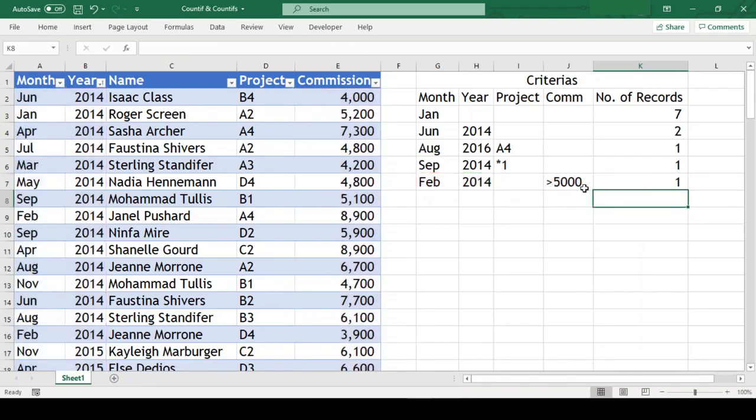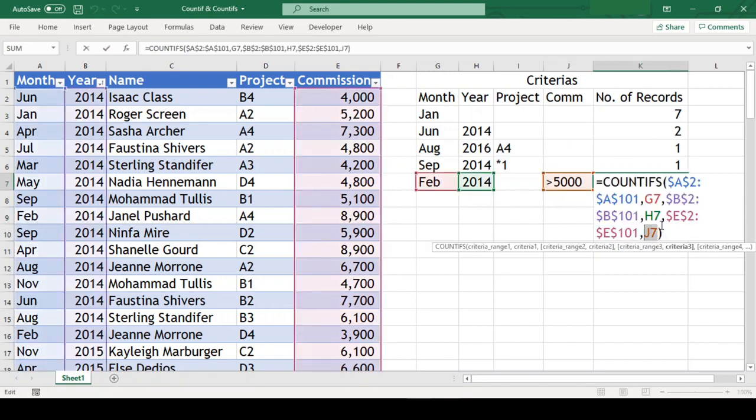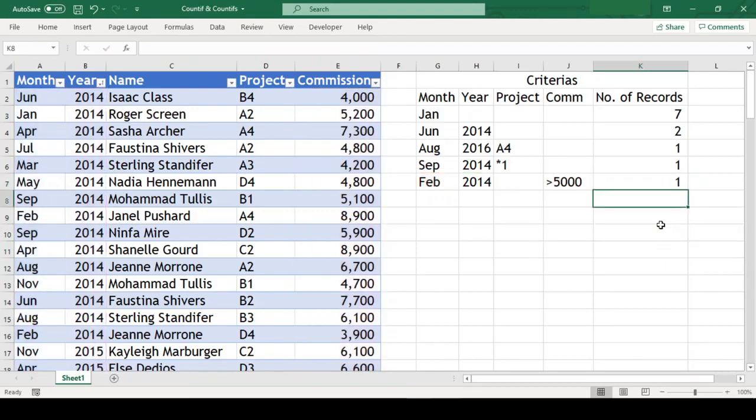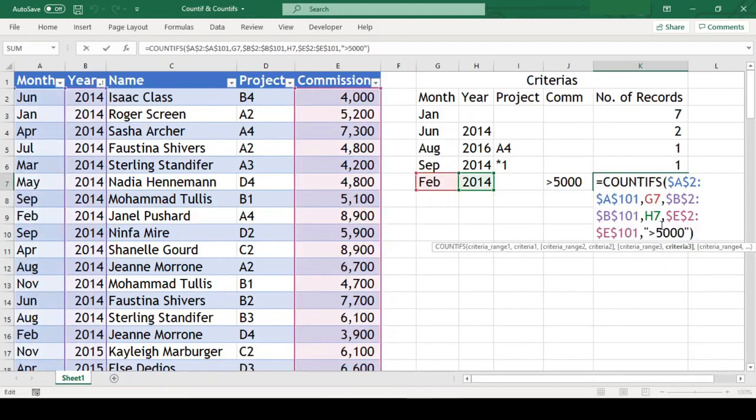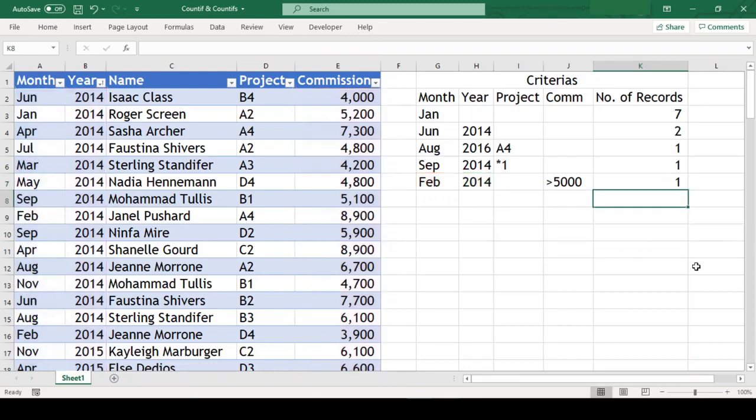We only need to keep in mind that when we add comparison operators like greater than or lesser than, and we are not putting them in a cell like this and we are directly writing in the formula, then it needs to be in quotation. Alternatively, we can even keep the comparison operator in quotation and concatenate our number with an ampersand.